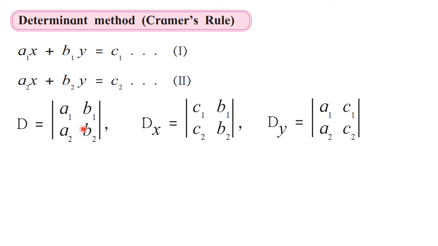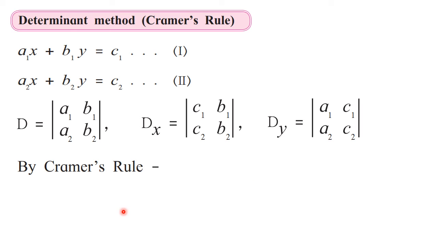And then you will solve them also by cross multiplication. That means we will be ready with the values of d, dx and dy, and those values we will use to find the values of x and y. That means the solution for this equation. And there we are using Cramer's rule. So this statement should appear after finding these determinants. Many students write down the statement in the beginning itself. Please take note that for finding determinants we are not using Cramer's rule. We are using Cramer's rule to find the values of x and y. So the statement Cramer's rule must appear after finding the determinants.